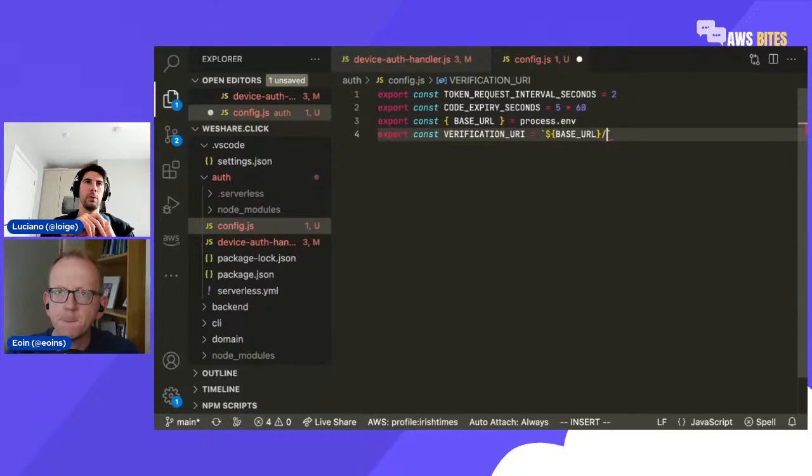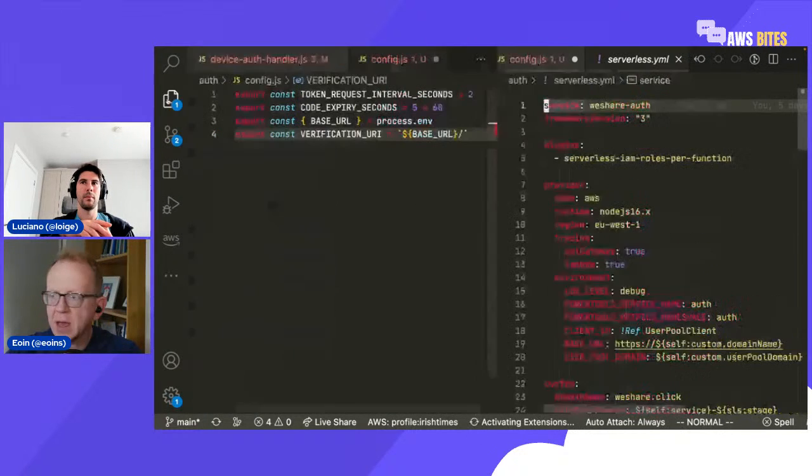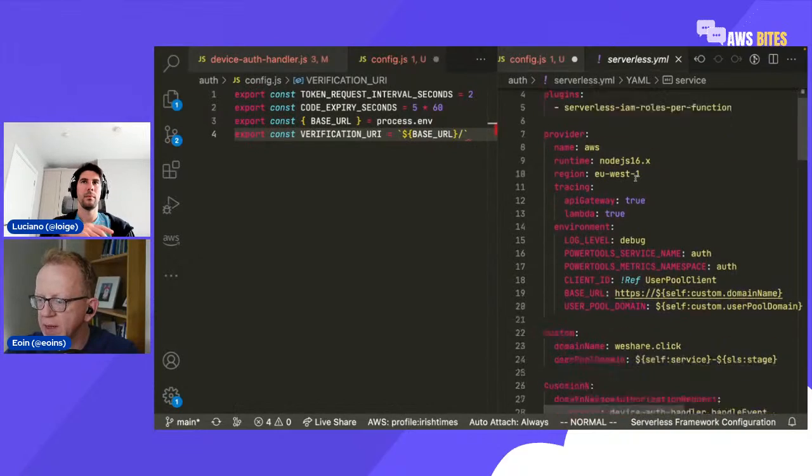The association between our custom domain and the specific API gateway, like the path where we mount that particular domain and this particular... Well, effectively, this is another stack, right? So we can consider that a kind of an independent app. So we will have, I don't know, probably /auth or something, right? Yeah, I think that's the way we did it. Let's quickly look at the serverless.yaml from last time. So we created the auth service,